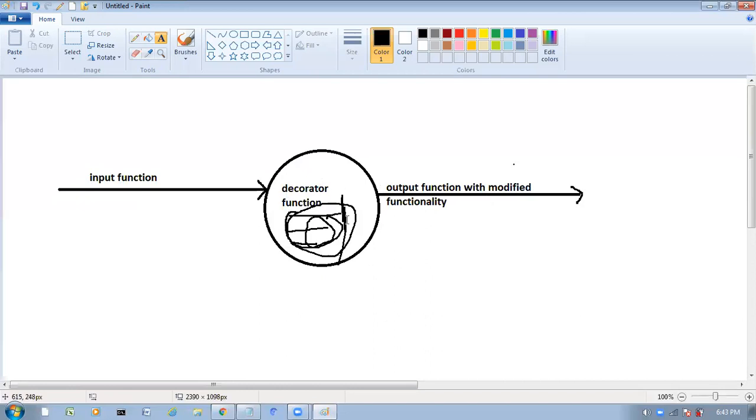Input function we are passing, output also we are getting a function only. Inside this decorator, we are adding new functionality to this existing function, and finally it returns a function with the modified functionality.